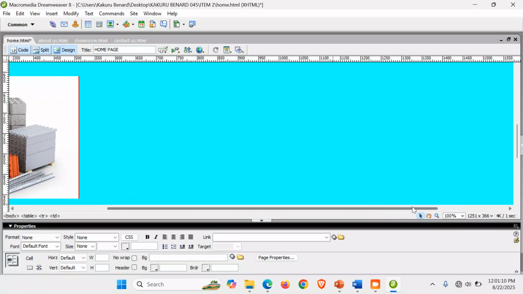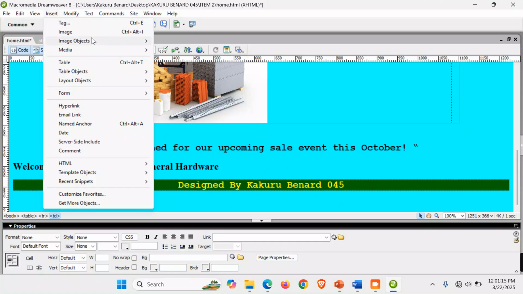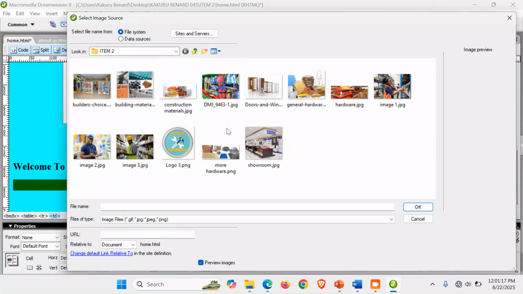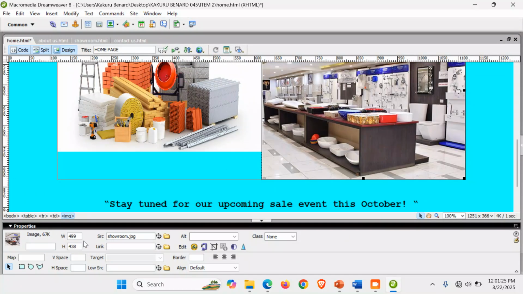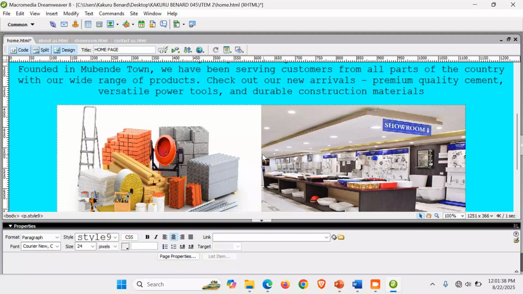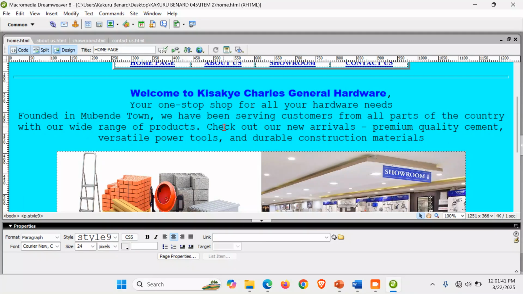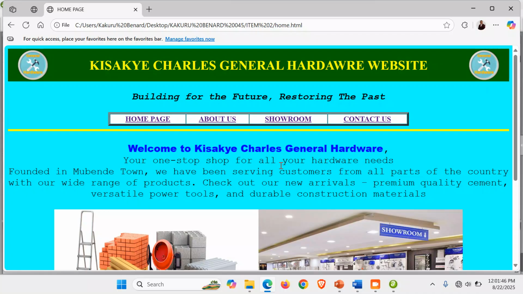Then I click in the next cell. Here I go to insert picture. I mean insert image. I select another image from here. Let's say this one. I click OK. This very image, we have used 500 by 300. Click anywhere around your page. Now we have had our images on our home page. Save changes, Ctrl S. When I go to my web browser and I click the home page, here we have